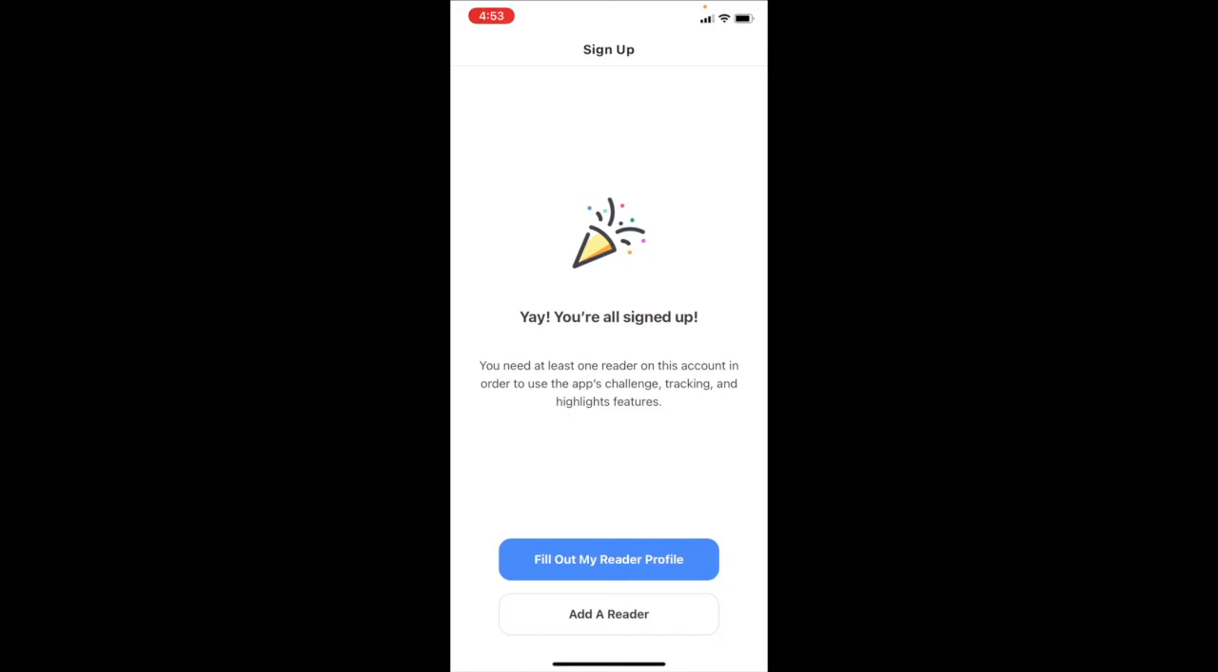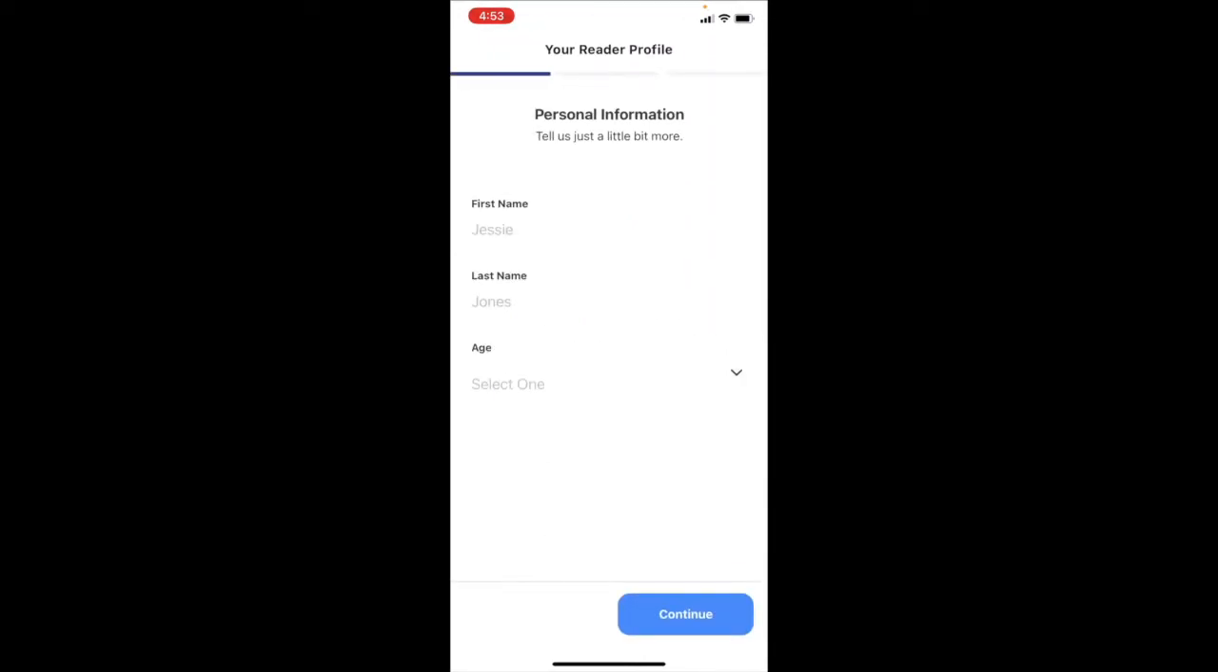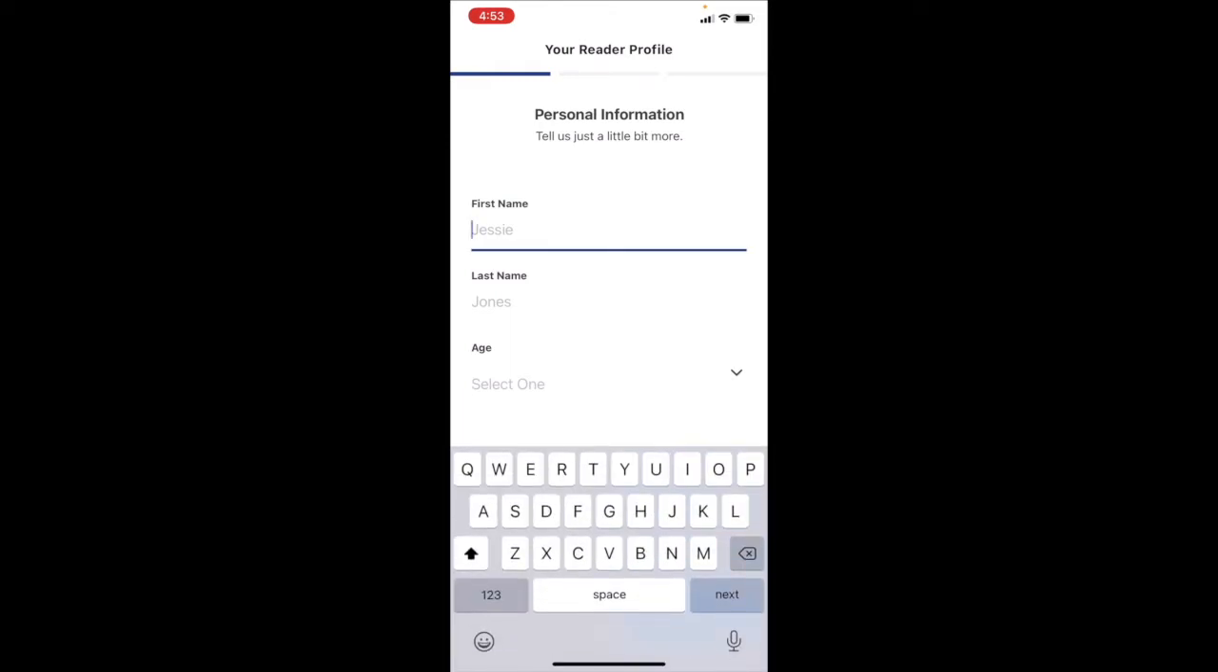They have to be 13 to have their own account. But they can log their stuff. They might even be better at these apps and things than we adults are sometimes. So let's go ahead and add a reader, because I want to have my child